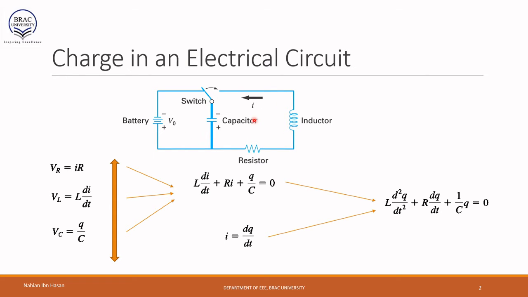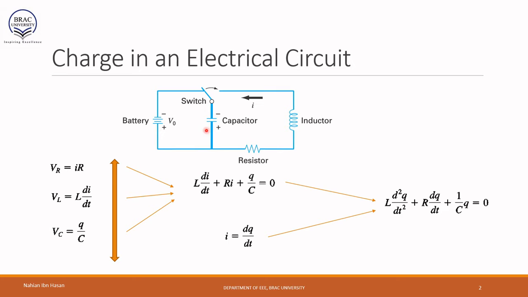We have to find an equation that governs the current or charge flow within this circuit. For that we will use the most basic formulas of electric circuit elements. For example, the voltage drop across a resistor is given by V equal to IR, where VR is the voltage drop across the resistor, I is the current through the resistor, and R is the resistance value. What we are doing here is calculating the charge or the current flow whenever the switch is in the rightward position.